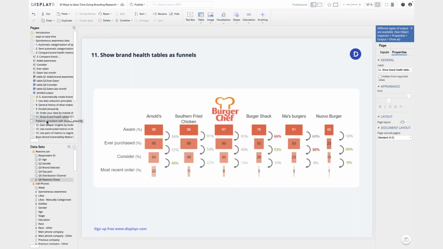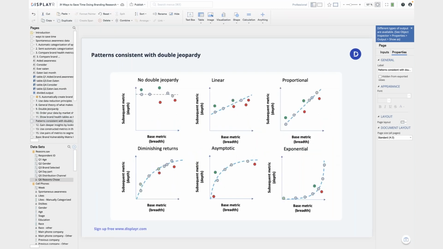Now, while the conversion numbers give a lot of insight, they actually make a non-obvious implicit assumption. When we divide one metric by another, we're implicitly assuming that we expect one metric to be a proportion of the other. The double jeopardy says nothing about proportionality. It just says that if one metric's bad, another's bad. So when we're looking at the conversion percentages, we are implicitly assuming that double jeopardy manifests itself in terms of what's called a proportional pattern, which is this shape here. But when you actually look at data, you tend to find there are lots of other patterns that can be